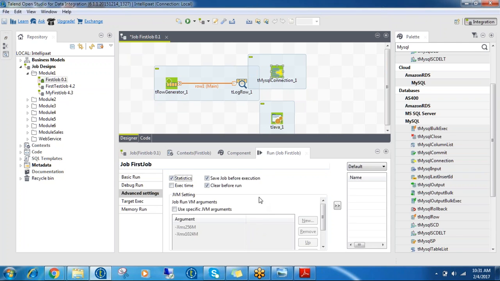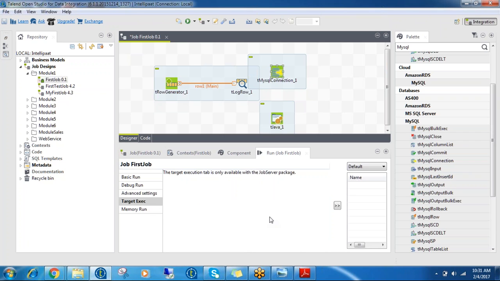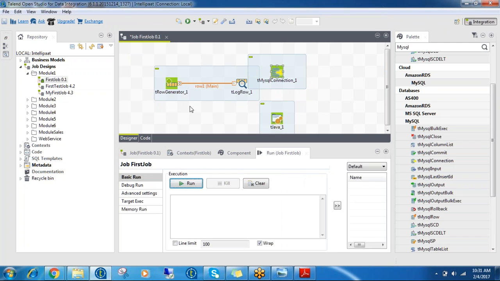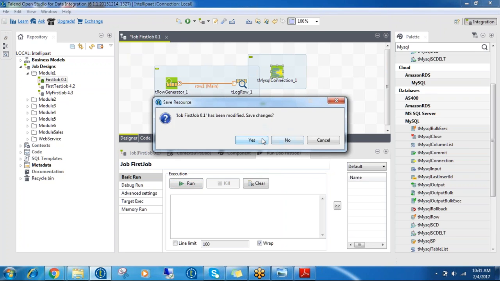Then comes the advanced setting, which you can use if you want to, but usually it's not used and is left as default. Next one is target. If you have a job server, then it runs, otherwise it does not. Okay. So this is for the ID, and the